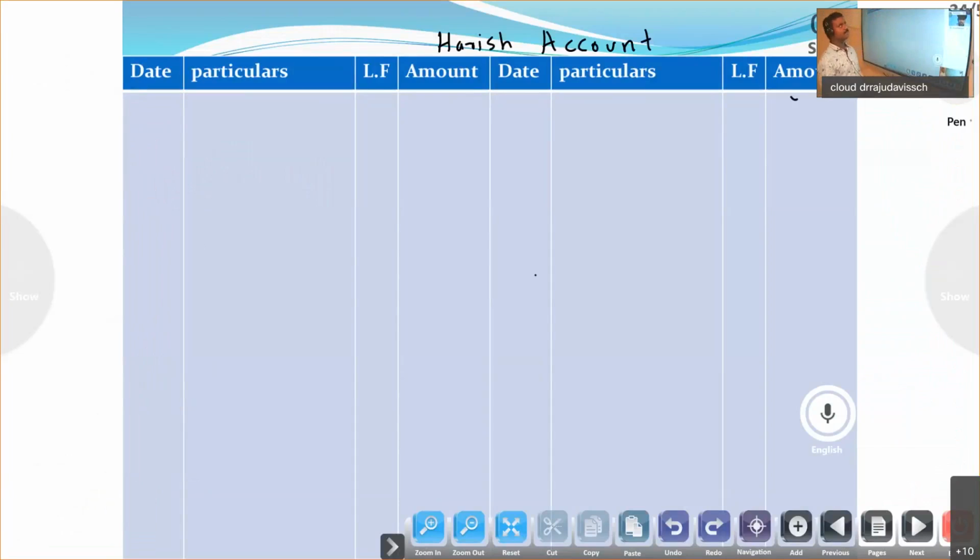Shubham, where I have to write in Harish account that transaction? Purchase account to Harish. Credit or debit I have to write? Karthik, debit or credit? Credit. Wrong. Purchase account debit to Harish. We are preparing Harish account. So in that entry, Harish is credit. So credit side you have to write